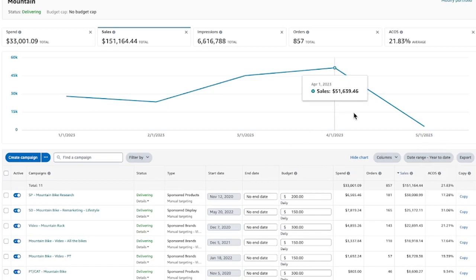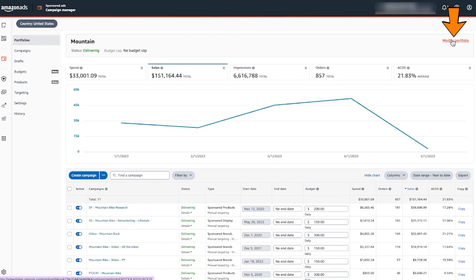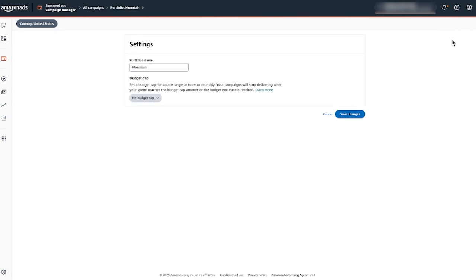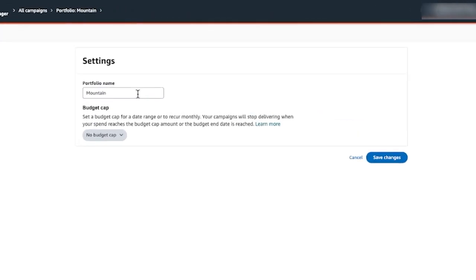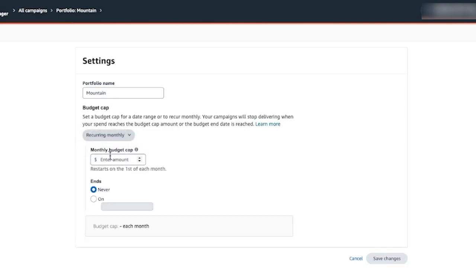But let's say your ACoS goal is much lower than that. You might want to create a budget rule by clicking on the modify. So you want to go ahead and click on this budget cap right here. You can change the name, but if you also set this, you can basically say either through a date range or reoccurring monthly, I only want this set or this group of campaigns in this portfolio to spend a certain amount. So this is really helpful, again, if you've got something that maybe is taking the majority of your budget,